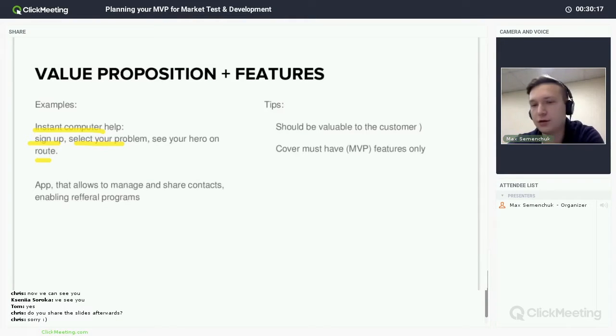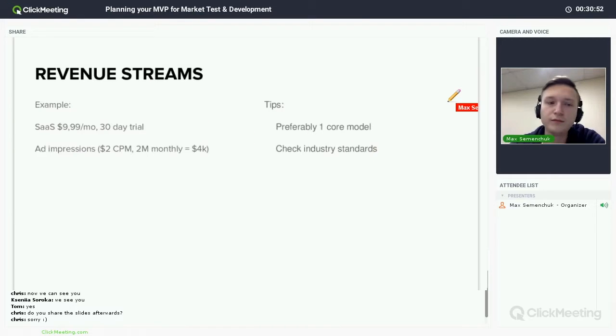So when you define that, you're getting rid of unimportant ideas. So, for example, you can provide many different services. If you're thinking big, you can always come up with 10 ways you can help these customers. But when you define, for example, we'll just resolve your issue with your computer and we'll do it in 3 steps, then it's getting really straight to the point, and you don't think about what you want to add afterwards. So you just understand what you need from the start.